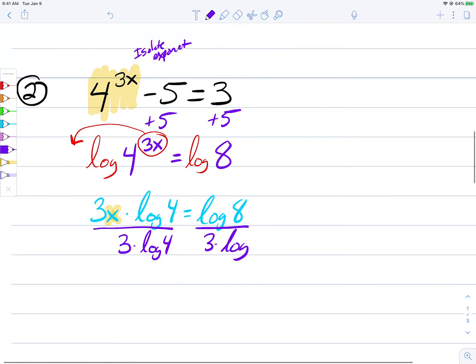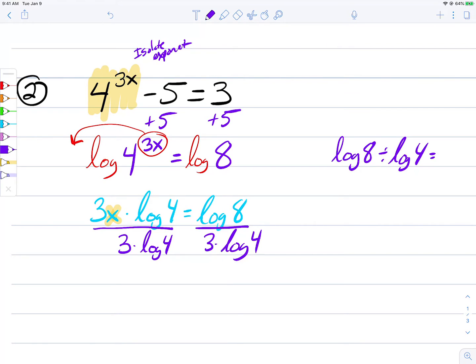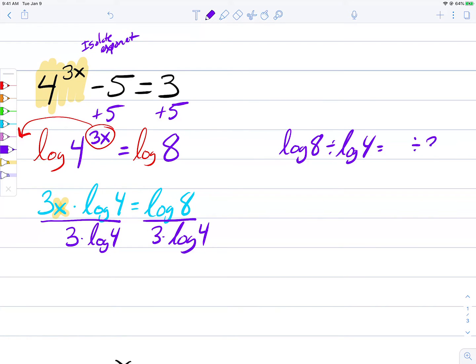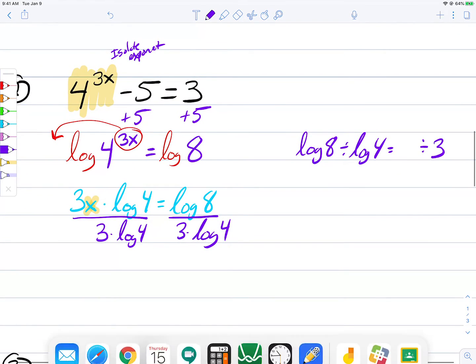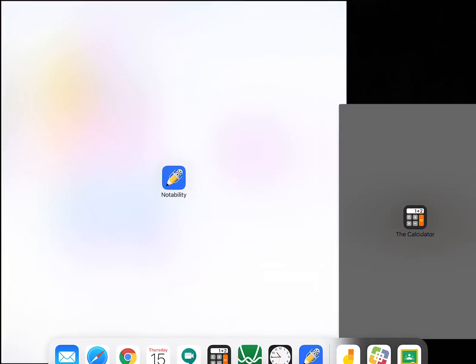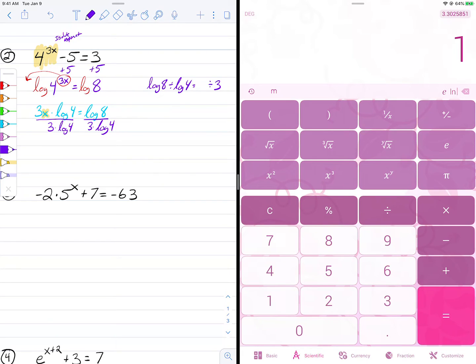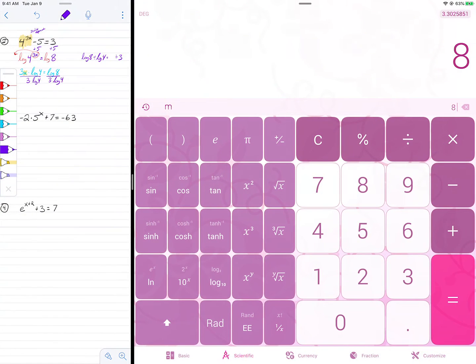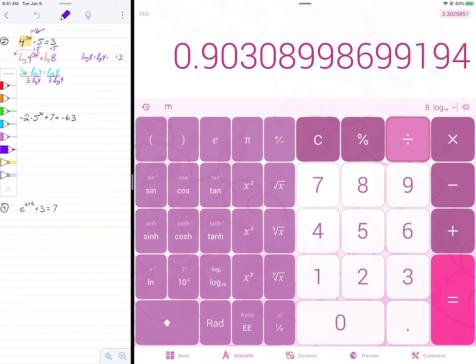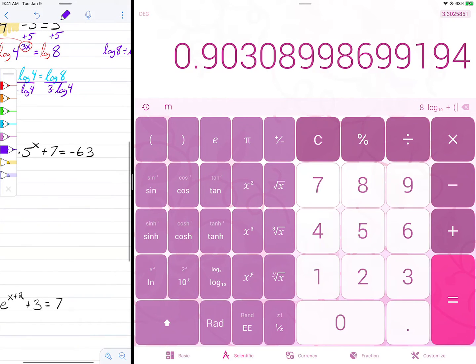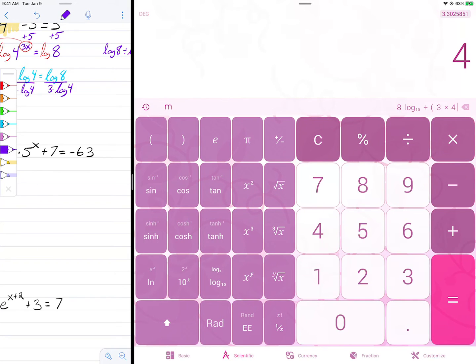Now, if you're not sure how to put that in your calculator, you could always do the log of 8 divided by the log of 4 first, hit your equal sign, and then divide that by 3. It's going to get you the same answer. I'm going to show you, I can actually use parentheses if I want to. I'm going to do 8, and click the log button. Then I'm going to divide that by, and if you can use parentheses, and you actually can on an Apple device too, 3 times 4 log, close parentheses, and hit equals,